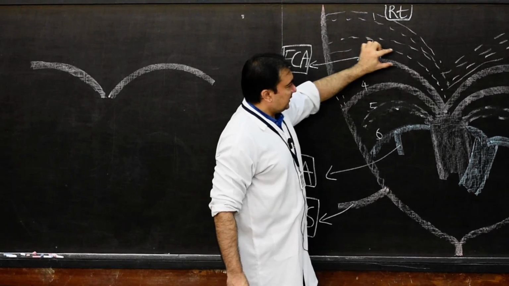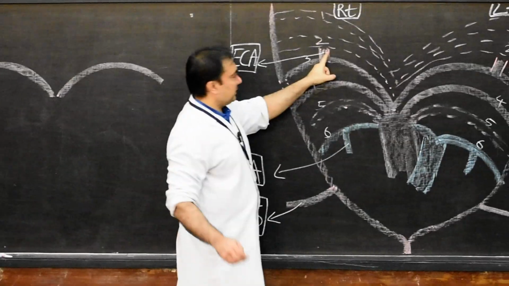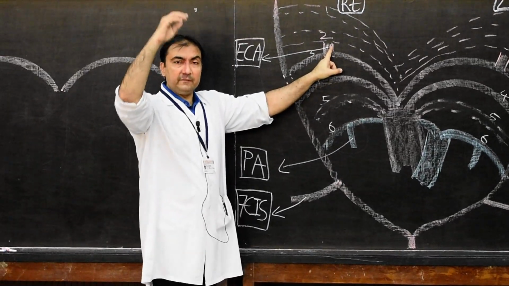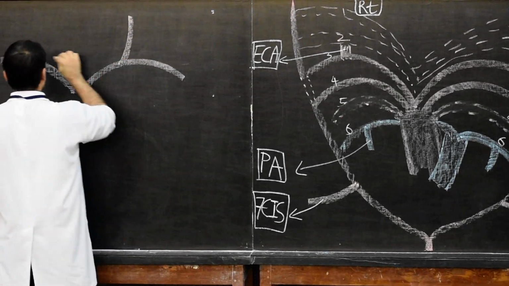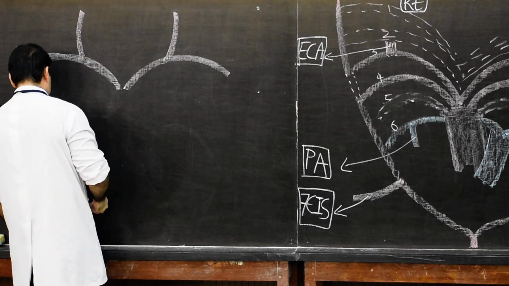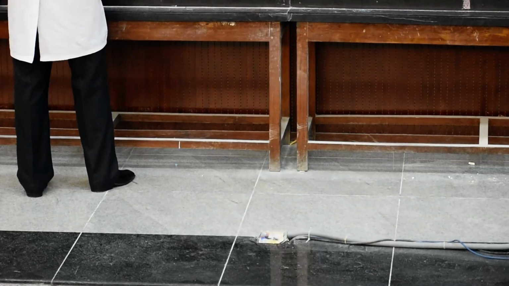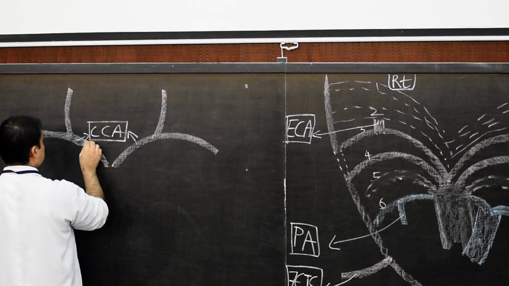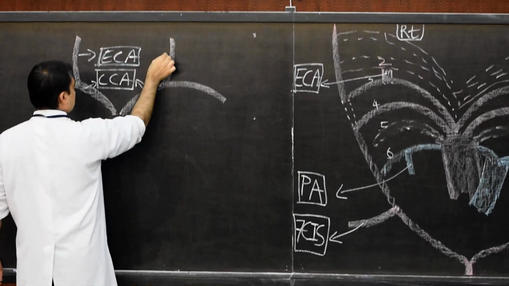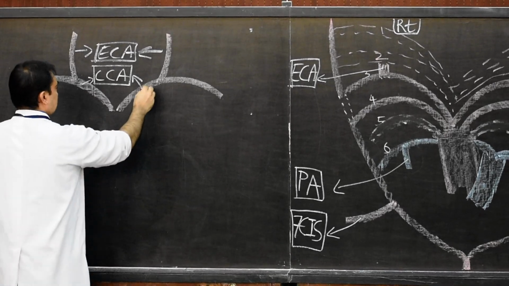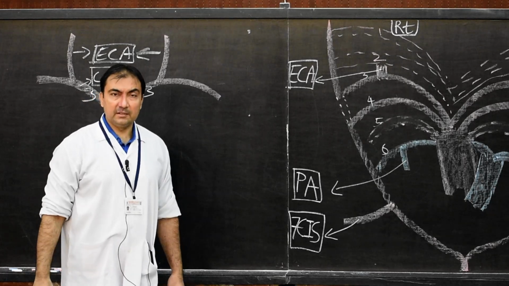Next point, the external carotid bud which was developed here will develop into the external carotid artery, which will travel in the cephalic direction. So we draw here this external carotid artery, and we also start writing down common carotid artery from the ventral portion. This will be the external carotid artery from the bud. This is the third one, third arterial arch, third aortic arch.